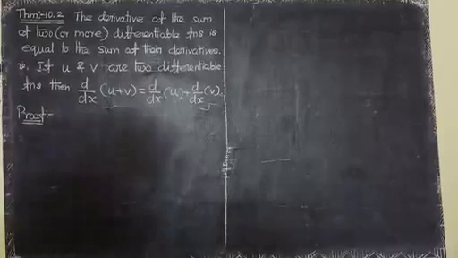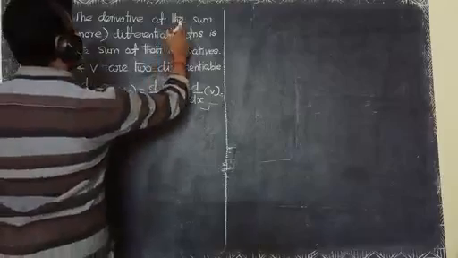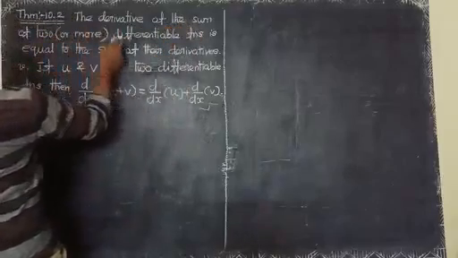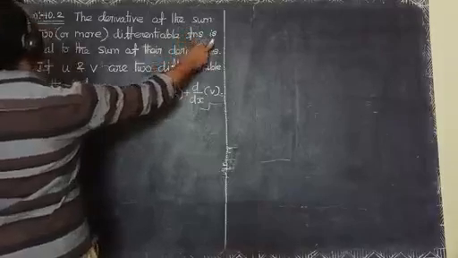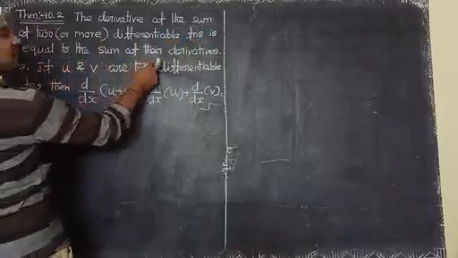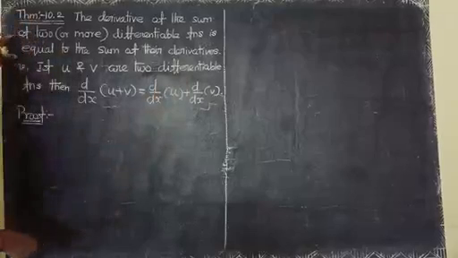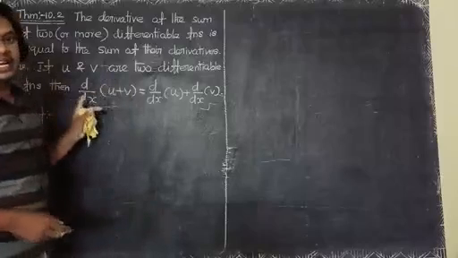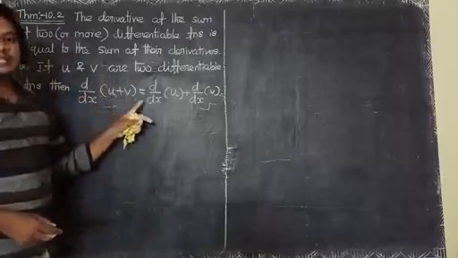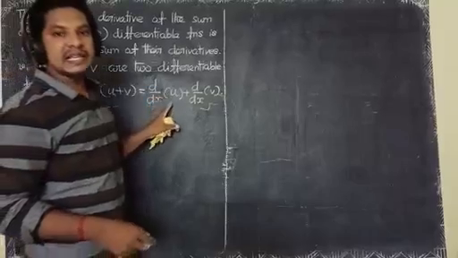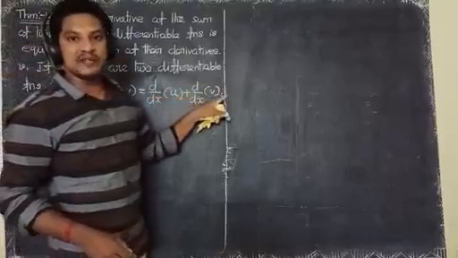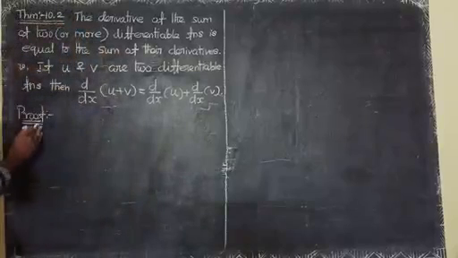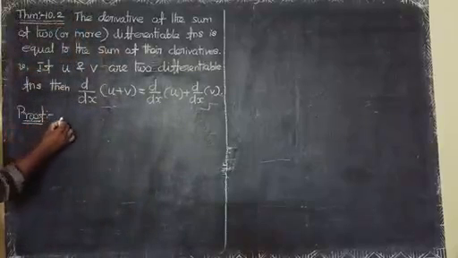Theorem 10.2: the derivative of the sum of two or more differentiable functions is equal to the sum of their derivatives. That is, if u and v are two differentiable functions, then d/dx (u + v) = d/dx u + d/dx v. Proof: